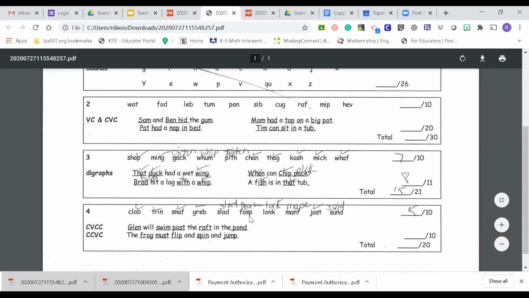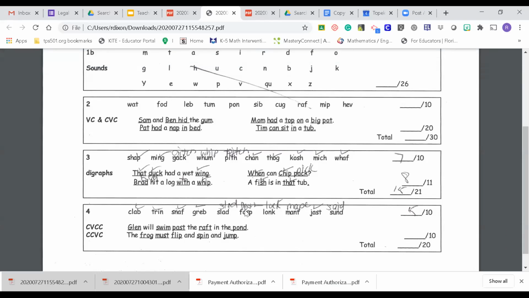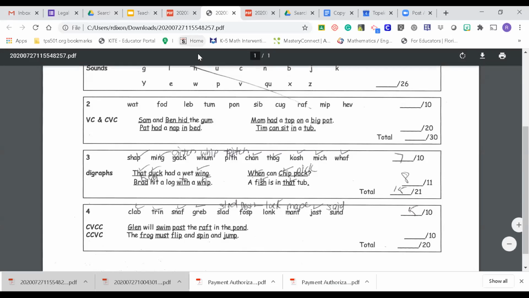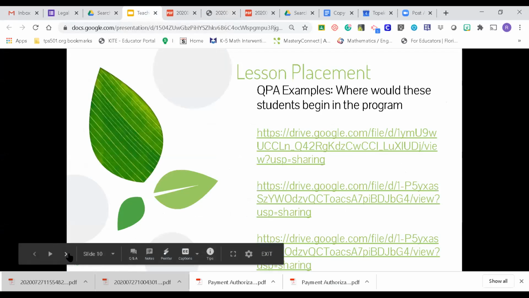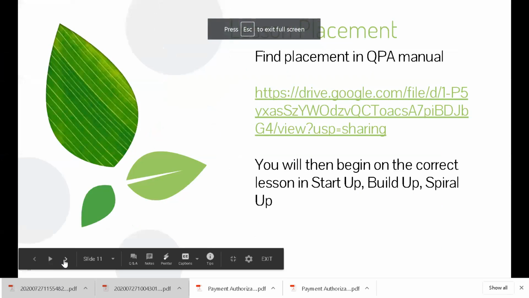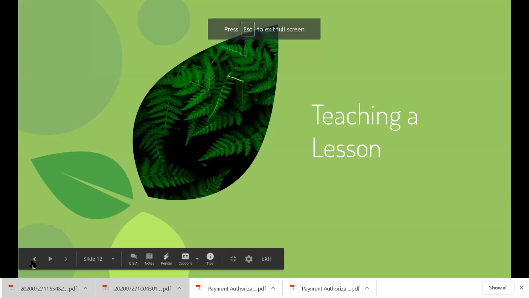So I just stopped because, you know, sled for slad, fosh for fosp, lock for lunk, mape for mant, said for some, not a whole lot of pattern. So I just stopped there. I just think it's a great habit to get in the habit of marking errors, because it really tells you where there are specific deficits. So once you do that test,